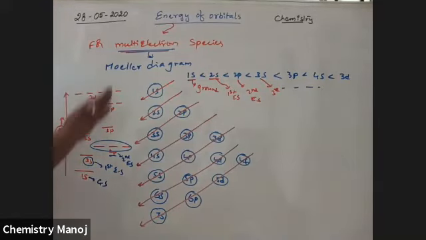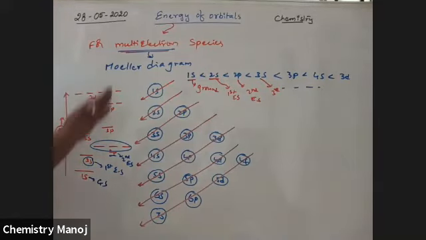So see here, what is the degeneracy of the second excited state of helium? Helium means Z is equal to 2. That means it has 2 electrons. It is a multi-electron system. For a multi-electron system, here we are going to follow this one. So this is the second excited state. So the degeneracy is 3. The degeneracy of the second excited state is 3 for helium.